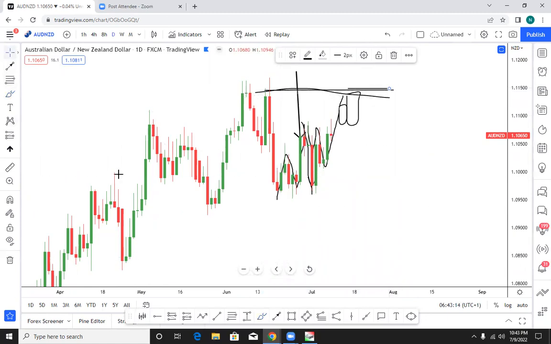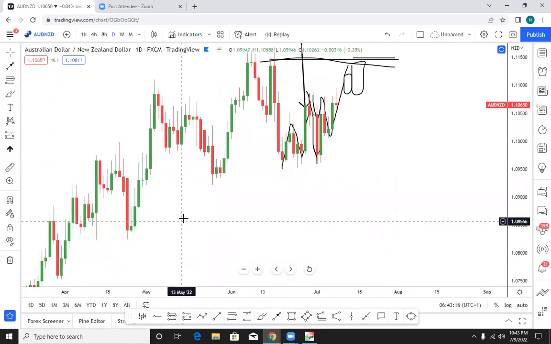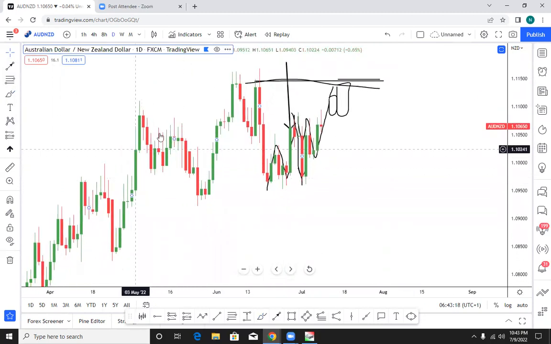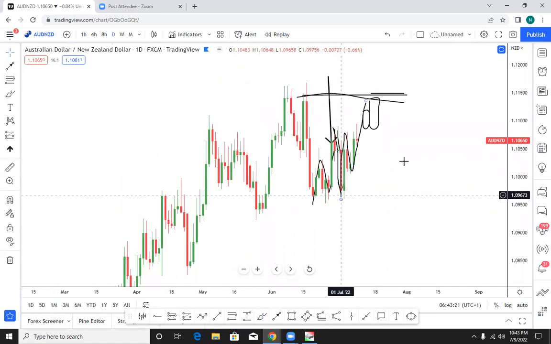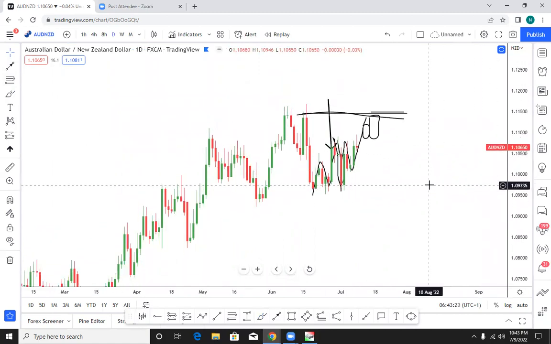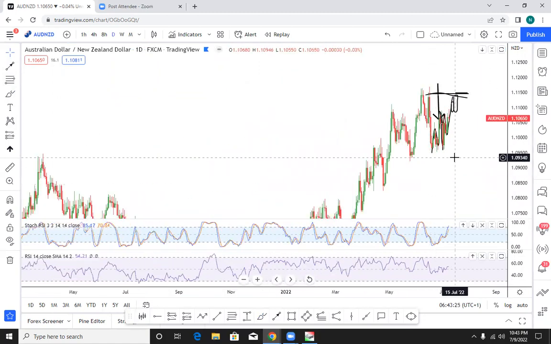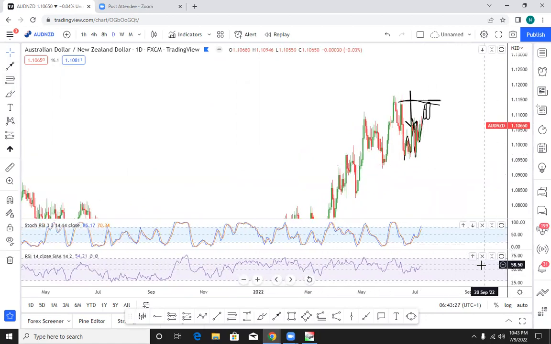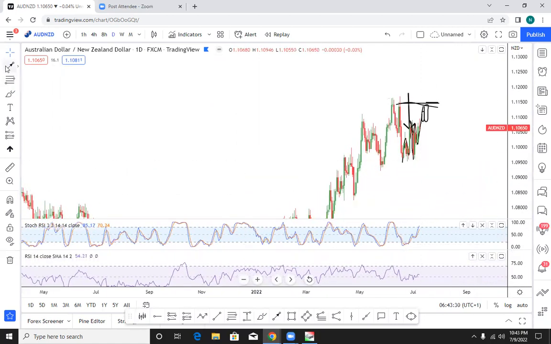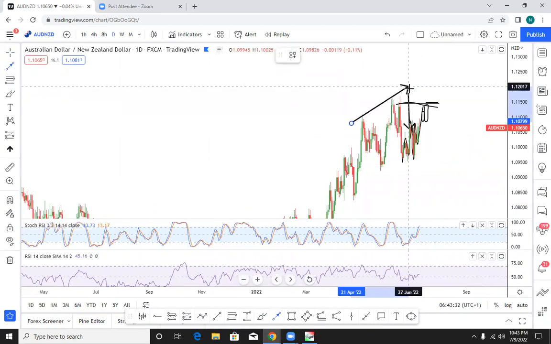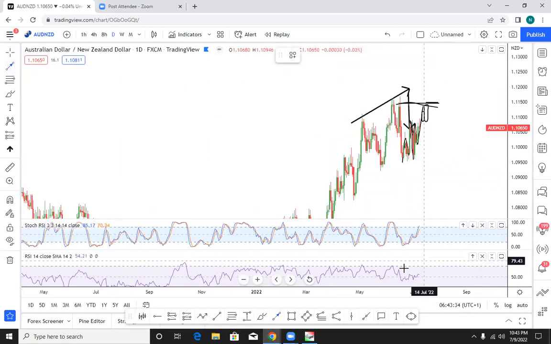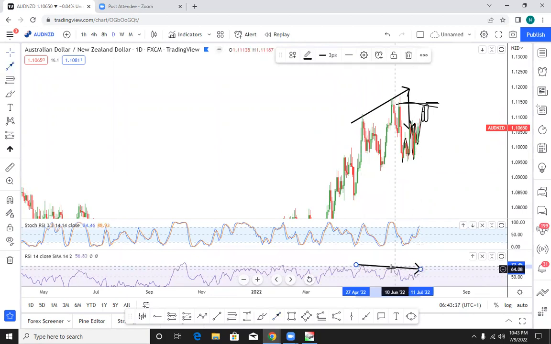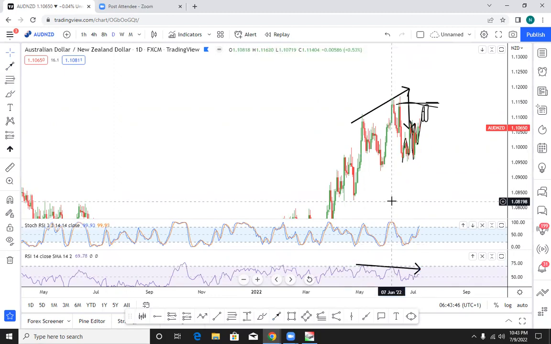You know that we are in an uptrend. I hope you know that we are in an uptrend, but we are beginning to see momentum dying down to the upside on this market. Momentum is dying down gradually. You can see it from here. You can see a higher high made here, and here you can see a lower high made here. So that tells me, hey guys, get ready for your sell.